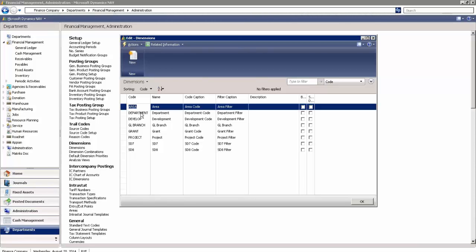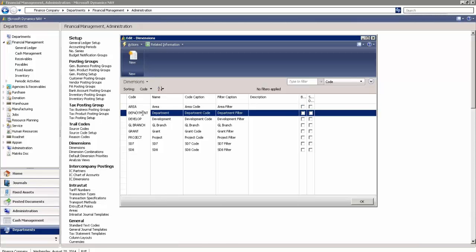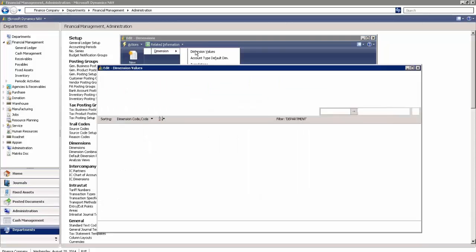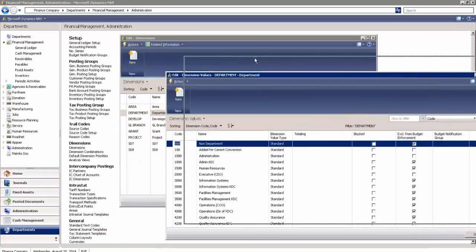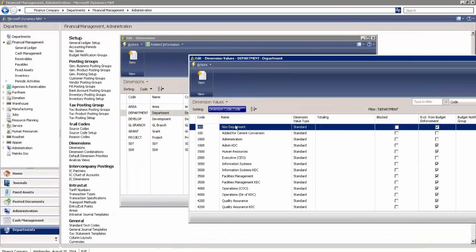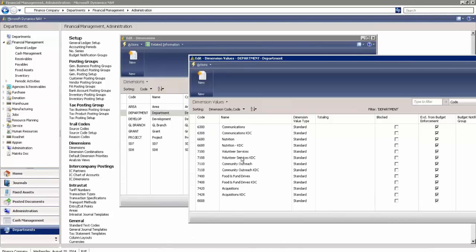So you see here, I do have that department dimension I was referring to. If I want to see the different departments that I have defined underneath that, I'll go up here to related information and pull down my dimension values. These are all the different departments that I can use in my database. I can add to this at any time, and that's one of the most powerful features of dimensions: the ability to add dimension values without having to change the chart of accounts in any way. I just simply click here on new,